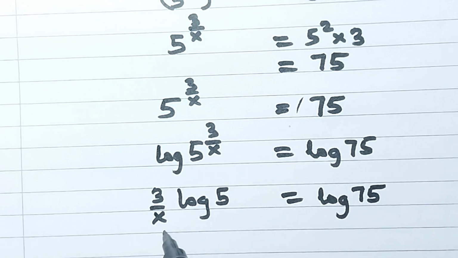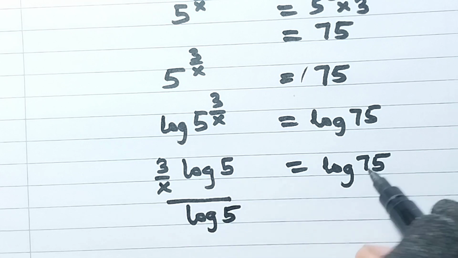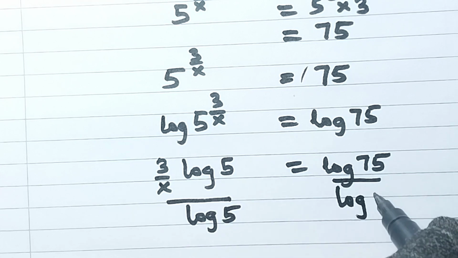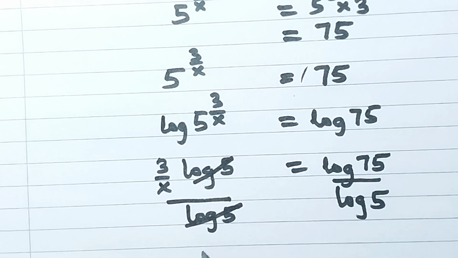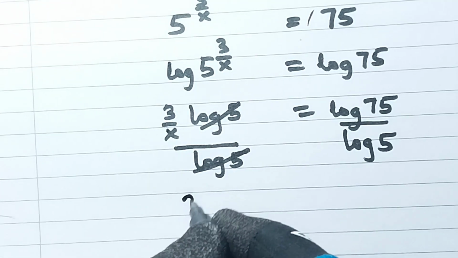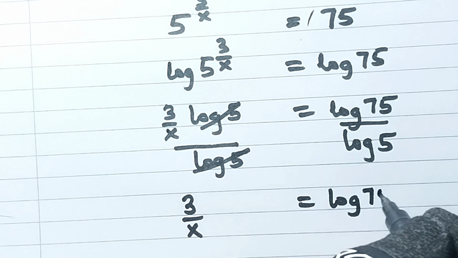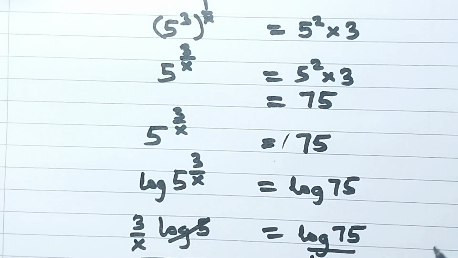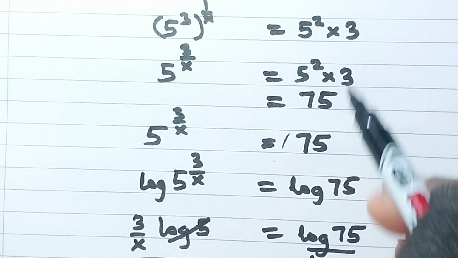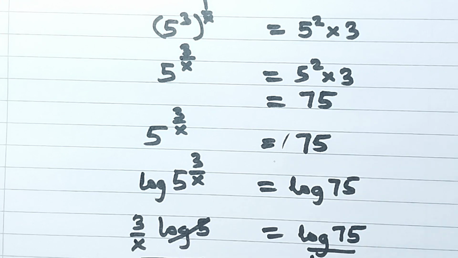And then we can divide both sides by log 5. So if you divide both sides by log 5, this goes away, and you have 3 over x on the left hand side is equal to log 75 over log 5. So I can now go back to what I did here, 5 raised to power 2 times 3, because 75 is now 5 raised to power 2 times 3. I'll simply substitute that into this place, and that gives me